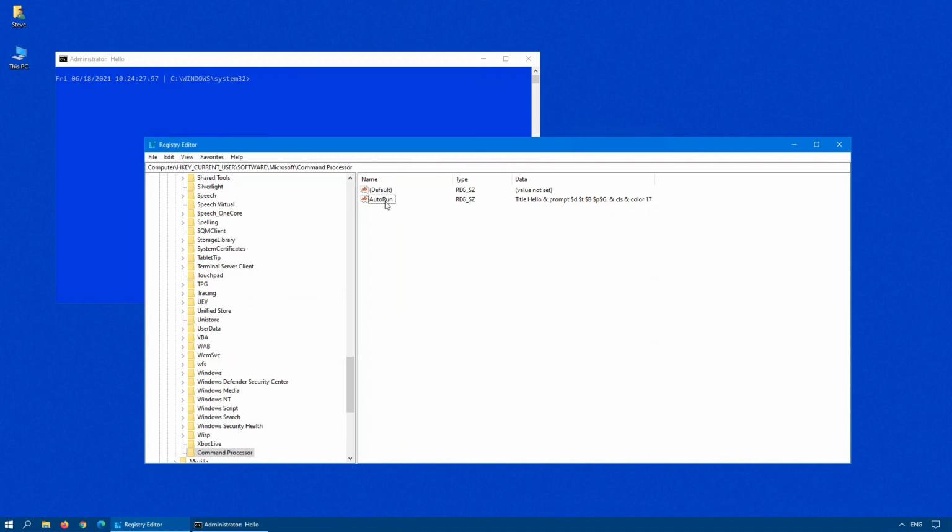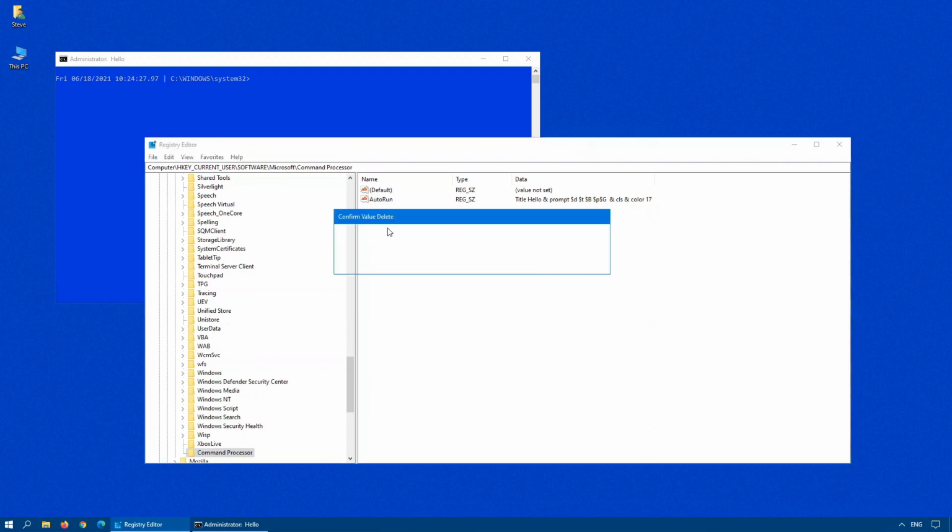You can simply delete this value if you don't want it anymore, if you want to go back to the defaults, or keep it there if you need it. But what you can do, if you just right click on it, just make sure when you're in the registry, double check that the key that you're on is the key that you actually want to work with. So in this case, make sure that Command Processor is highlighted, AutoRun is highlighted,